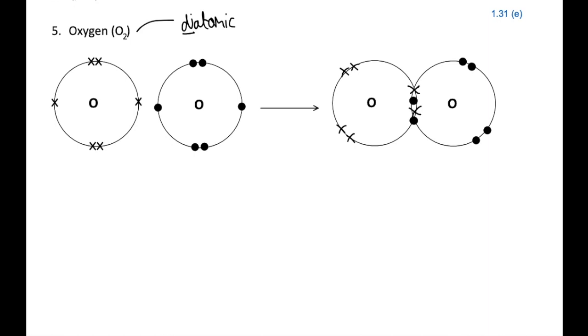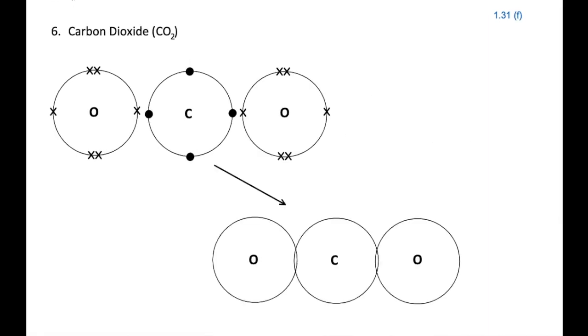The last example, and probably the most difficult, is carbon dioxide. Carbon dioxide has the formula CO2, with 1 carbon and 2 oxygens. Carbon has 4 outer shell electrons and it needs 4 more to complete its shell. The oxygen atoms each have 6 and so need 2 more each to complete their full outer shell. If carbon forms a double bond, which is inevitable because we have oxygen which needs 2 more electrons and we've only got 1 carbon,